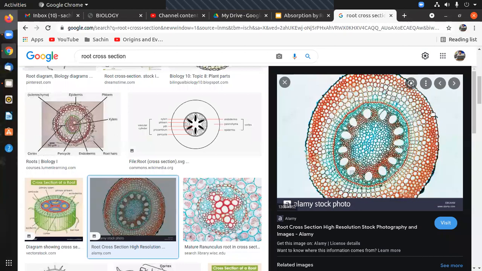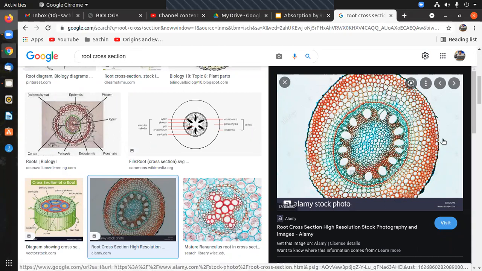Yeah, sorry. So if you look at this particular section, which is the cross section of the root, what you have in black is your epidermis. What you have here, roundish, is nothing but the cortex. Then you have the endodermis, which is this red line, not a line as such, but a layer of cells. Then this pericycle in blue, and then this big roundish or oval structure is nothing but your xylem and phloem, that is the vascular bundle, right? So that's how the arrangement is.